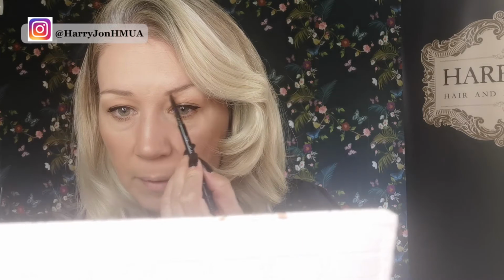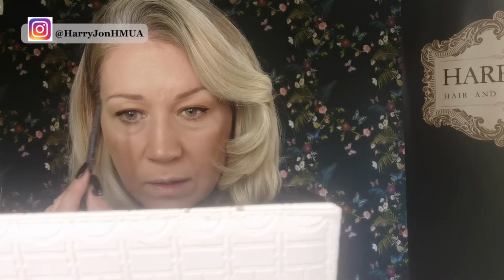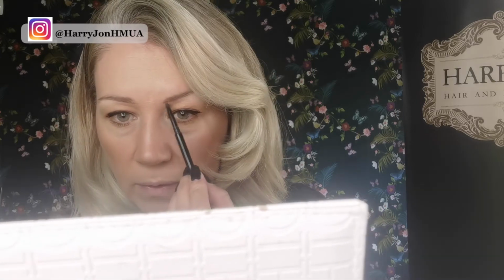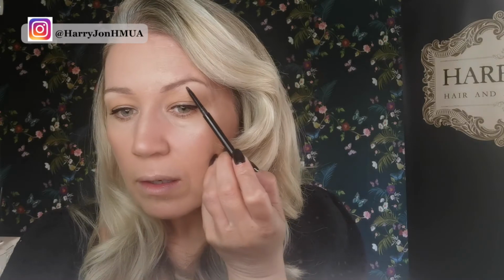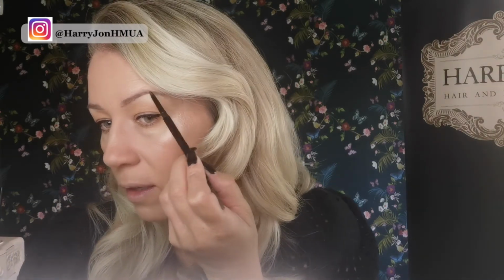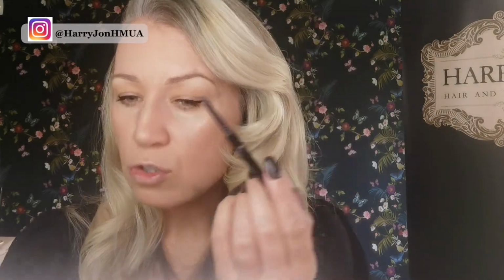So I like to get my centre in first. Centre in first and make sure that's close enough where you want it. And then I'll go to the tail and then get that a little bit more defined. It was like a slightly stronger